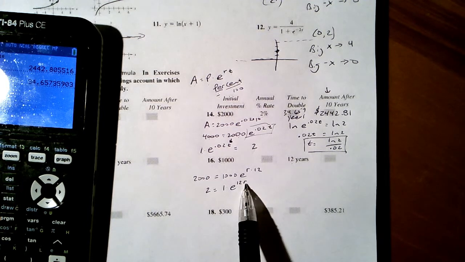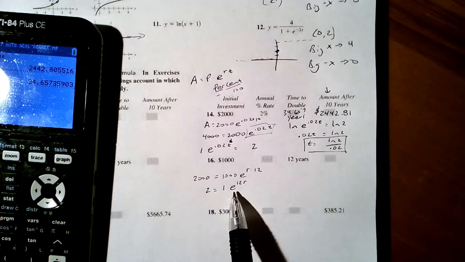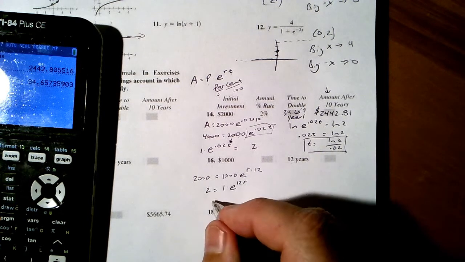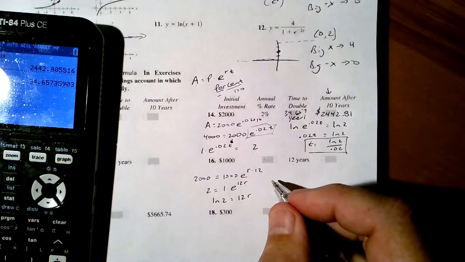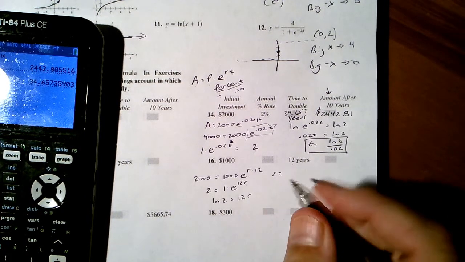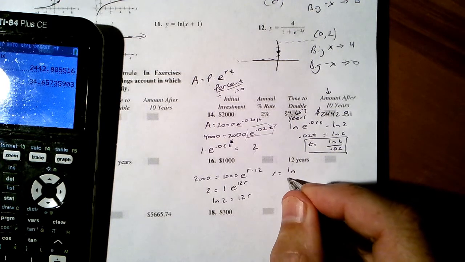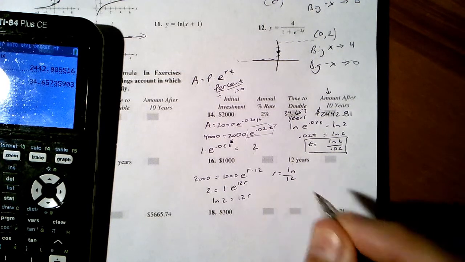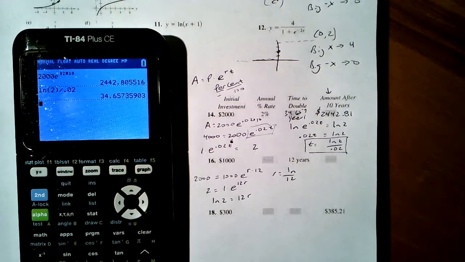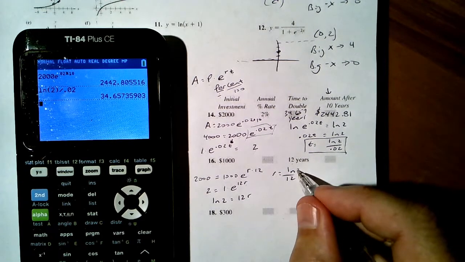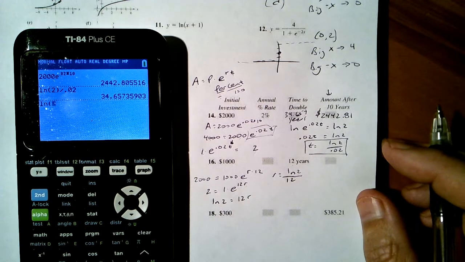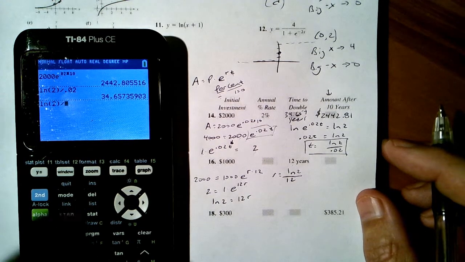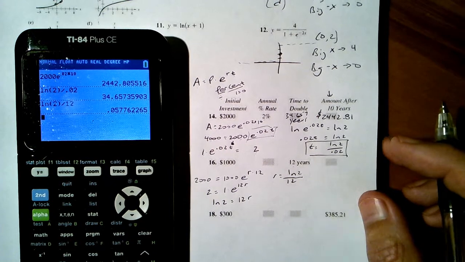So now I just need to solve for r. So I need an exponent. What logarithm do I use? ln, because our base is e. So ln 2 equals 12r. r equals ln 2, excuse me, divided by 12. So ln 2 divided by 12, and I'm going to record this as